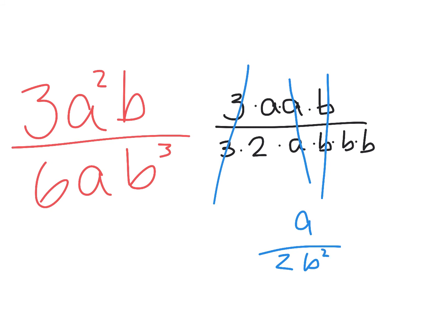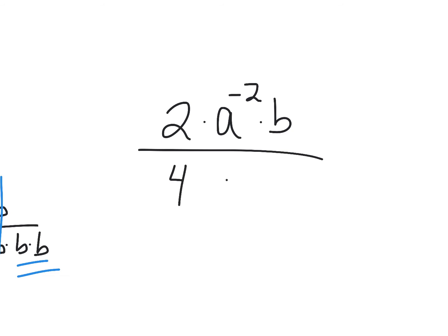And don't ever say that 2b2. No, that's 2b squared. Okay? B times B is B squared. It's not 2b. I get how you get confused, but when you times them, that means B squared. Okay. Now there's only one more thing. What if I had 2 times A to the negative second times B all over 4AB